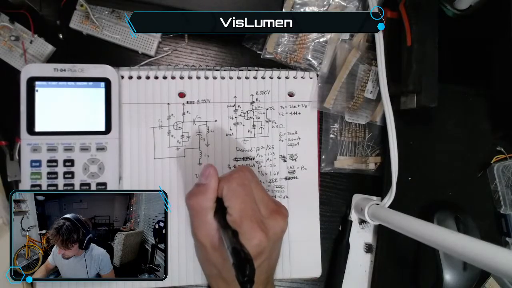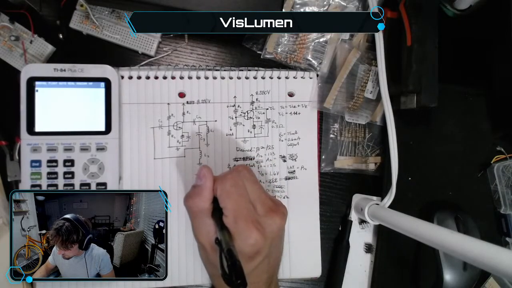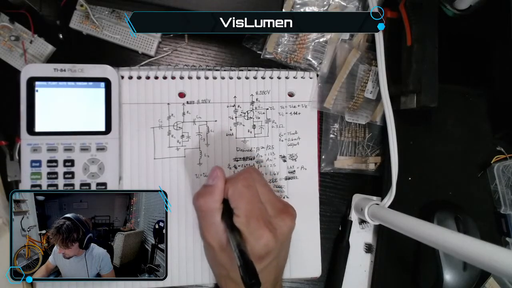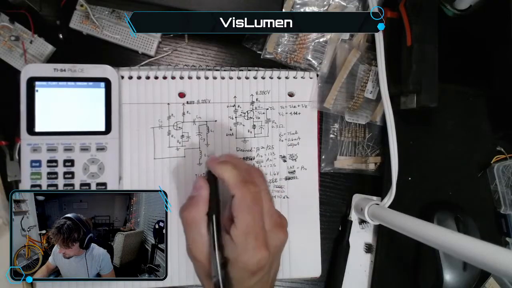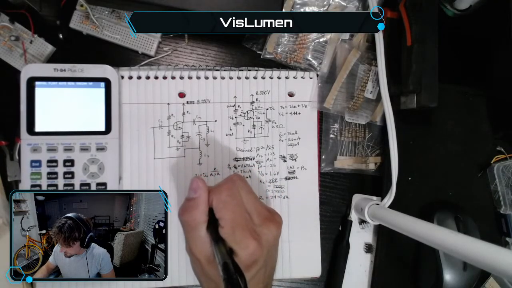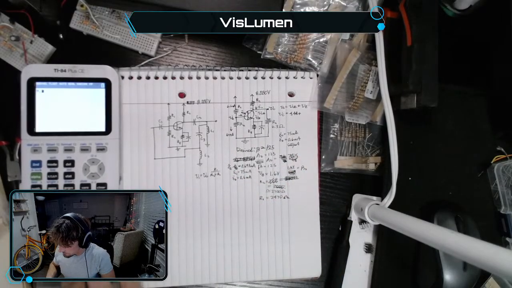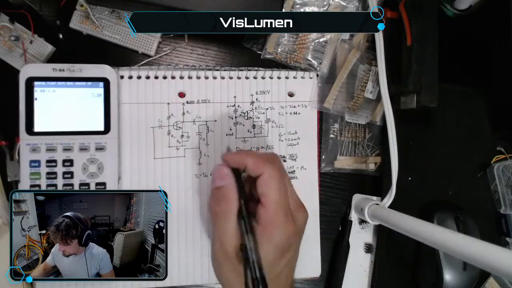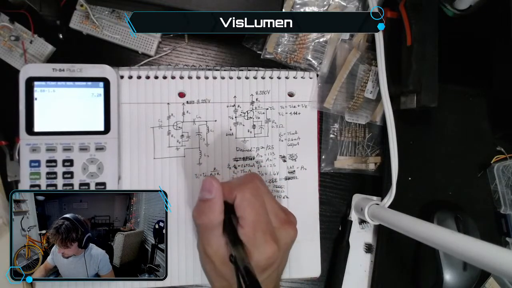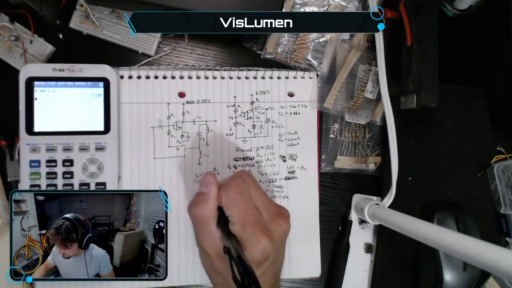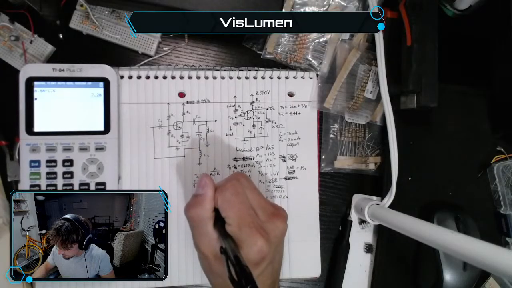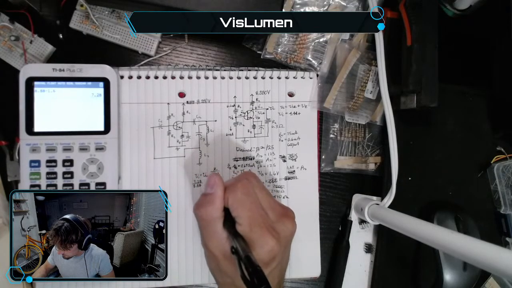V1 equals VCC times R1 over R2 plus R1, and we want this to be 8.88 minus 1.6, because that was our base voltage. So we want this to be 7.28. So 7.28 divided by 8.88 equals